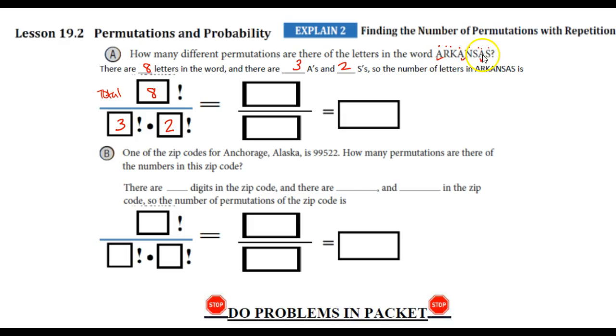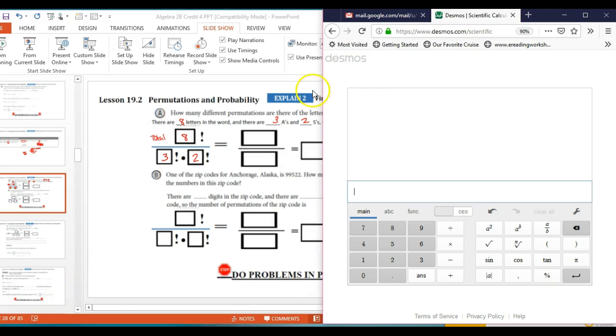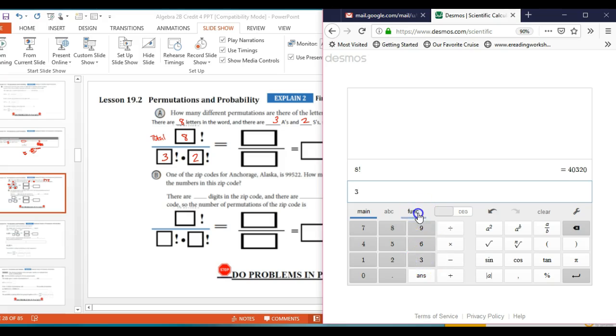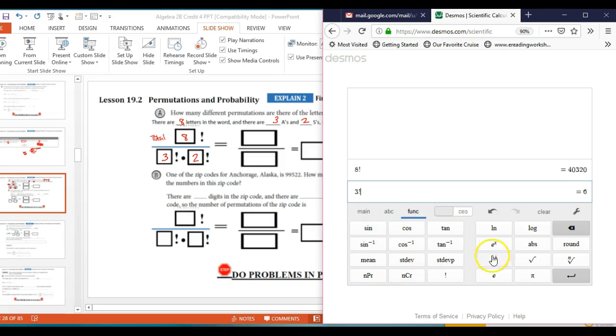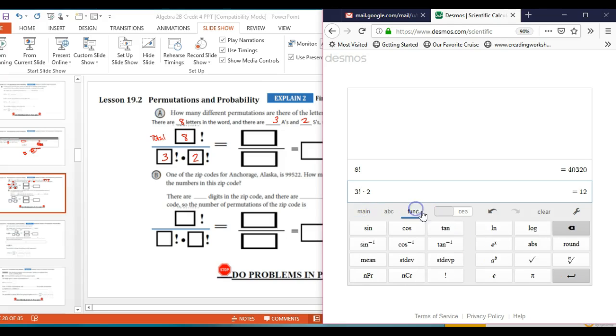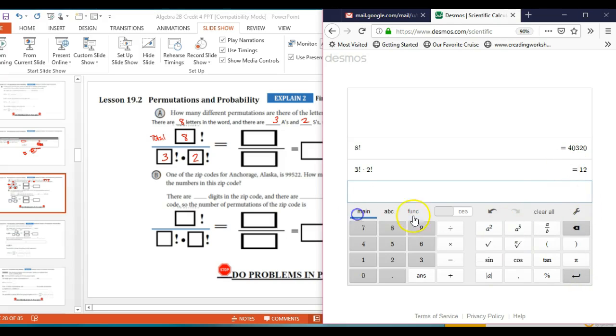The letters from the word Arkansas in different arrangements. Alright, so let's put in on our Decimals scientific calculator 8. I'm going to go to function and type in that, so we know what 8 factorial would be, which is a pretty large number. Let's go ahead now, put in 3 factorial times 2 factorial, and that would be about 12. Since we are going to reduce that, let's go ahead and put that number there. Let's put in the first number, which was